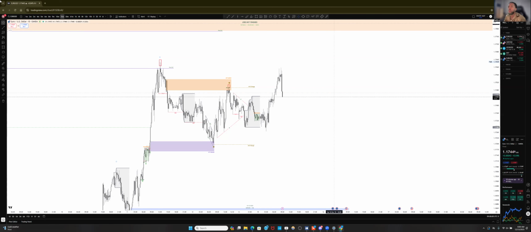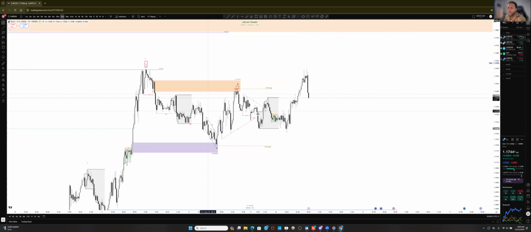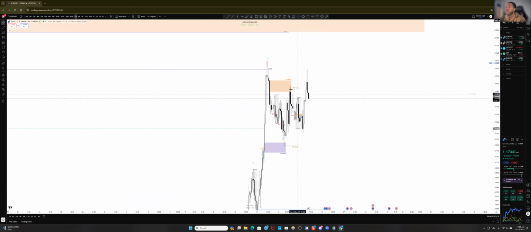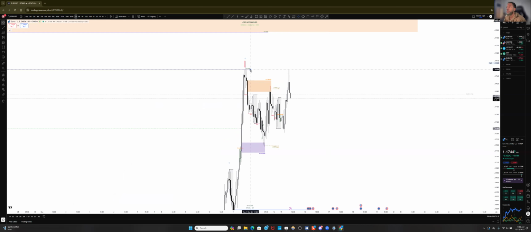Right now, we have price action. This is happening from last week. Obviously, we always clear out our charts after trading sessions. So we're currently on a 15-minute time frame. If we go to the hourly real quick while price is dumping down, we can see that from last week, we've had this previous day high that was taken, and we can see that we are roughly back at the top of this zone here. But price did not take the high. It swept inside here instead and did an inducement.